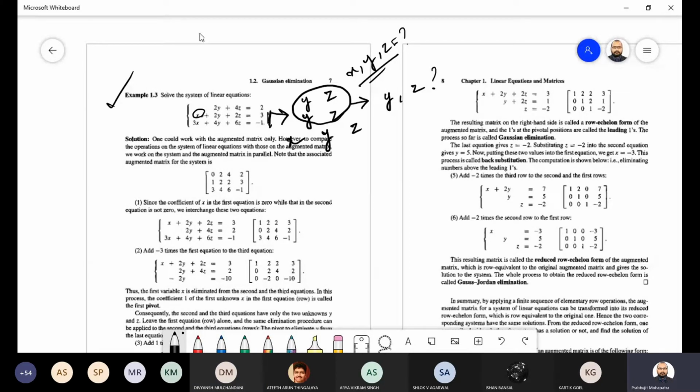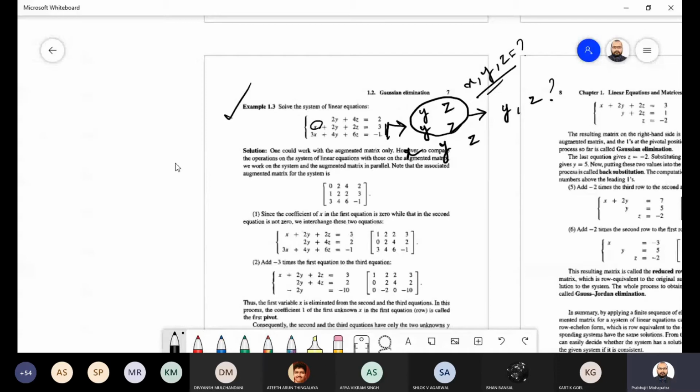Otherwise, let me say it again. You can see from these two equations, from the second equation, let me write it again. It is written in a different way, so you are getting confused. Minus 1, then x plus 2y. I am writing the third one first, then the second one, then the last one.